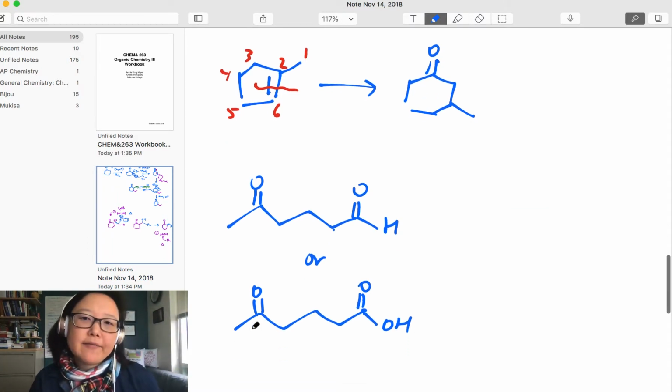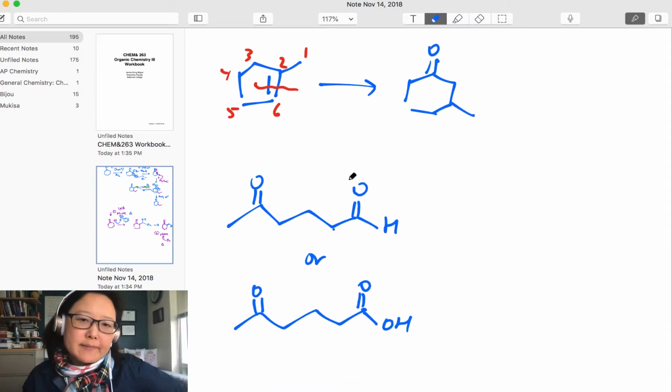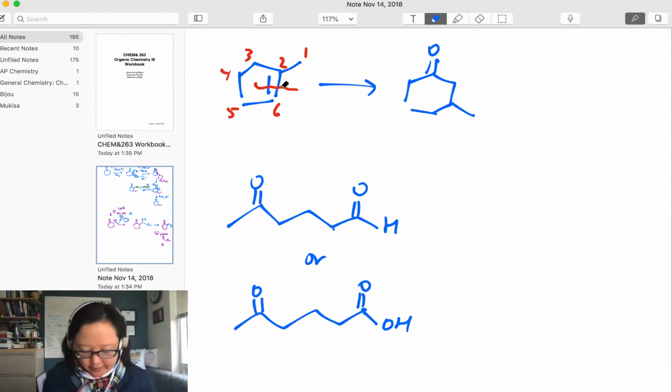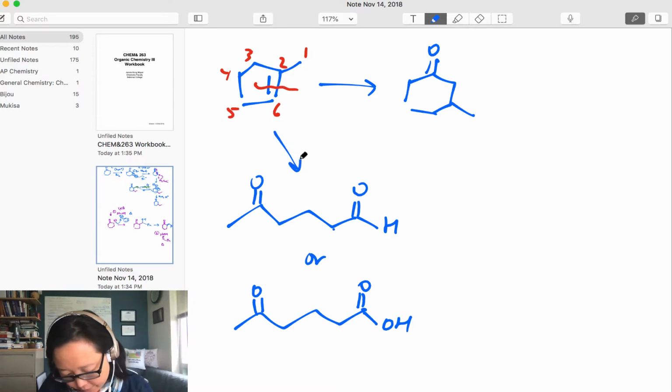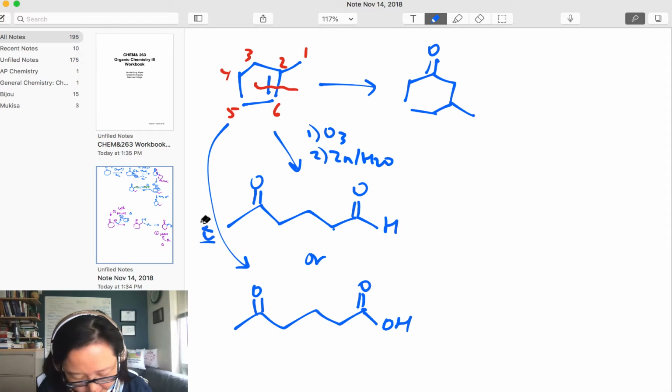Okay, so if we look at doing both here, notice that when you open this up, if I used ozone and DMS or zinc as a workup, O3 then zinc and water, that will give me the aldehyde. If I want to do this under oxidizing conditions, I can use Jones reagent or KMnO4, heat, and H3O+ workup. Okay, so either way,